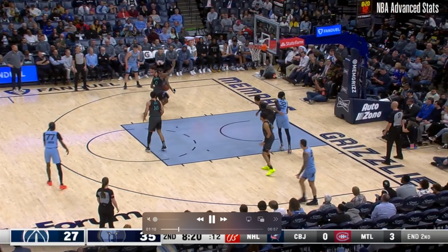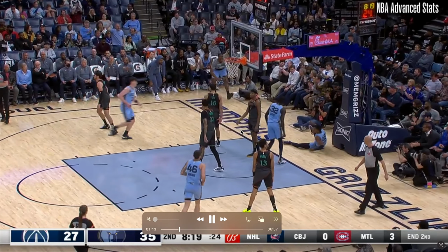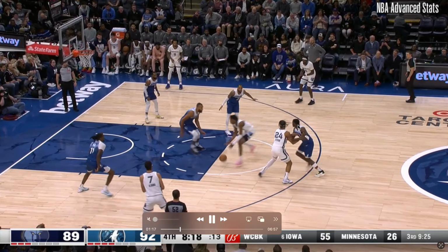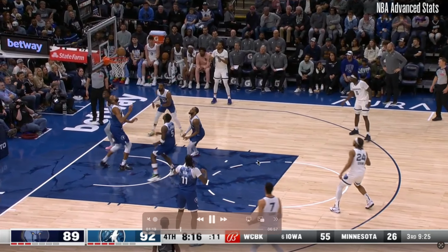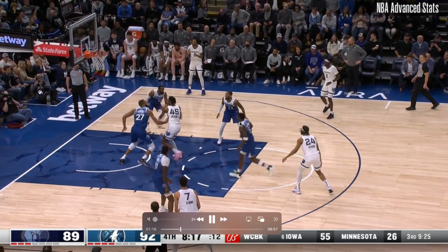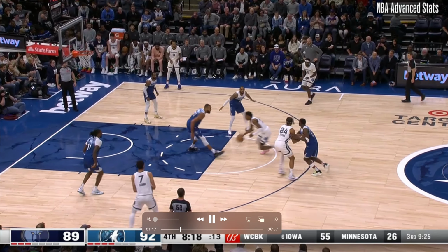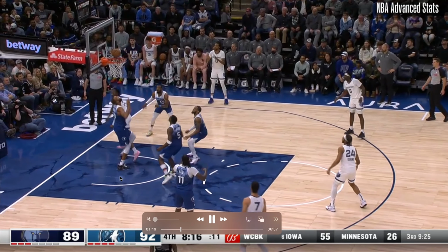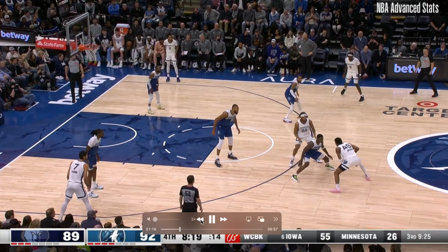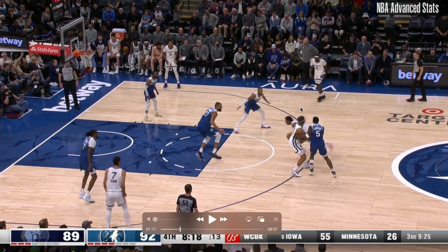He hop steps, goes straight through Coulibaly, seals him off, and finishes strong through contact there. That's a nice glimpse into the future right there. What a strong GG Jackson could end up looking like. I definitely did have some concerns where GG wasn't always creating a ton of advantages. He was very reliant on this kind of footwork, touch, finishing, and that's a pretty hard sell at times. It's really hard to make a living in the NBA off of tough shots, and once again, we see him